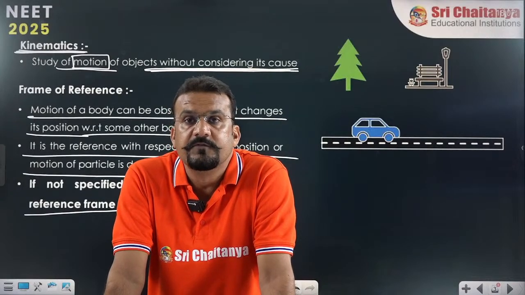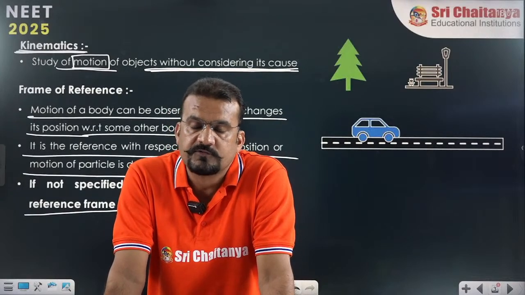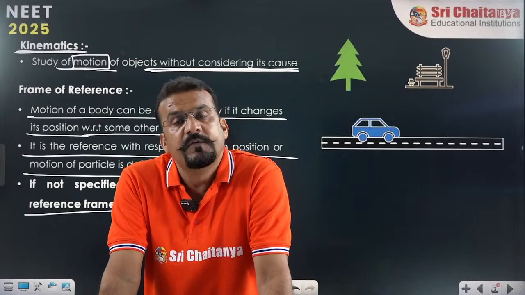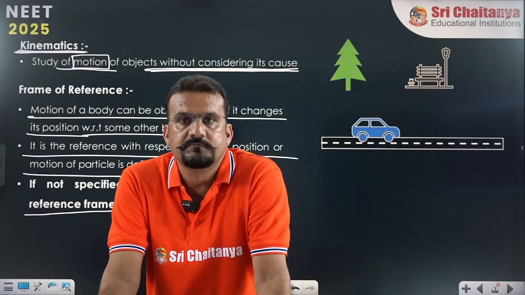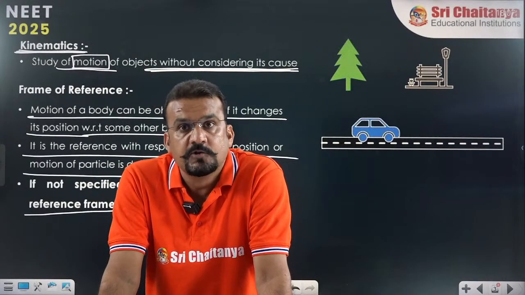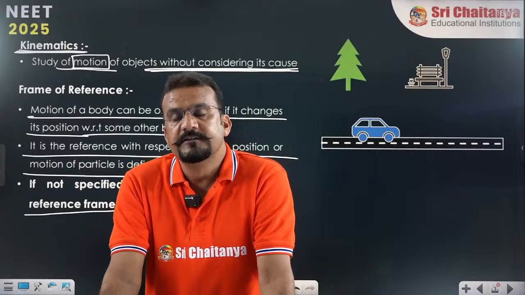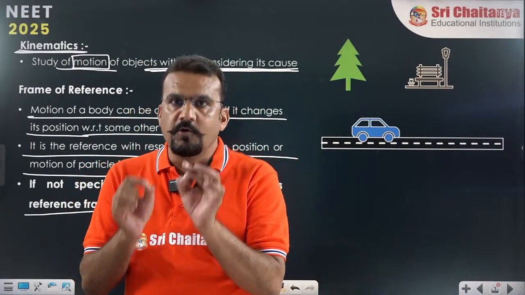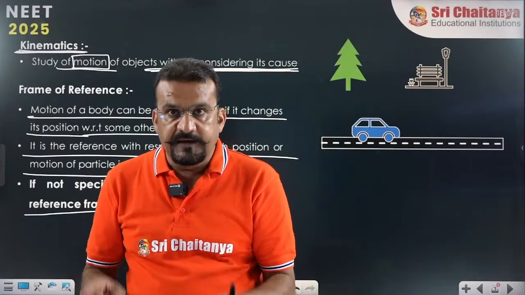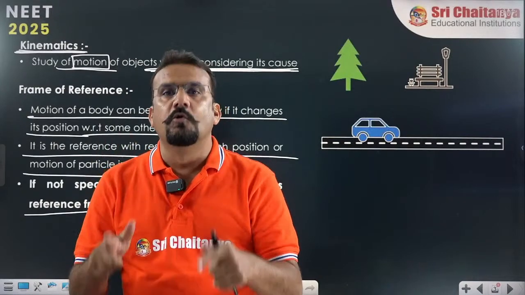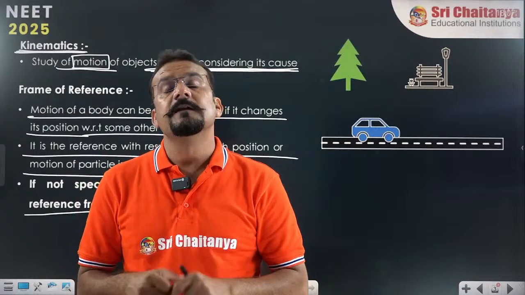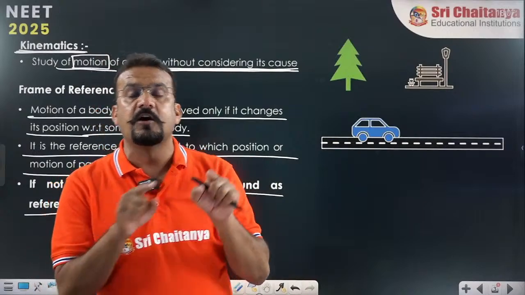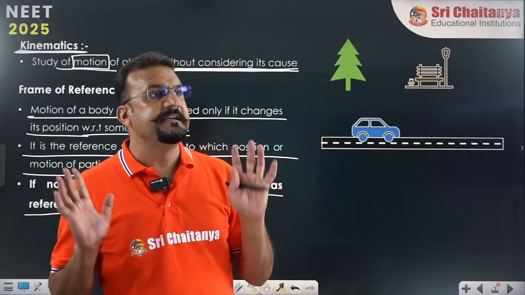Again, I am giving you a very clear idea because, dear student, whenever we study relative velocity, we need a frame of reference. Whenever we study rest and motion, frame of reference. So still, if you have doubt, frame of reference means the frame where the observer who is observing the motion is situated. If nothing is mentioned in the question about the frame of reference, then we will take ground as the frame of reference. Very important point.